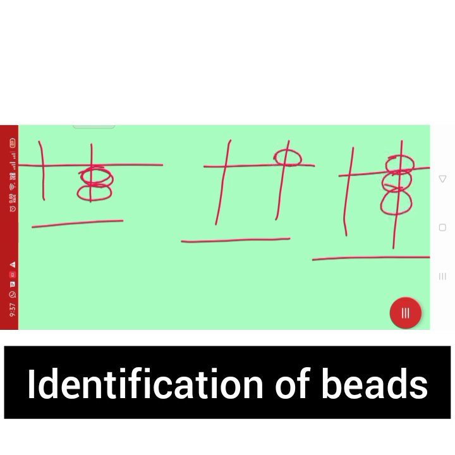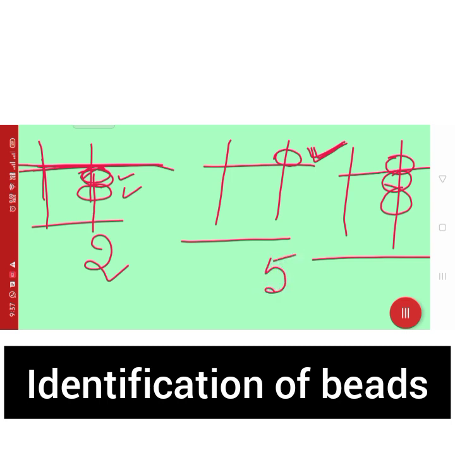Now tell me, what can you see? See lower bead, right? This is lower bead. So lower bead you can see only 2 beads are there. It is touching this line. So answer is 2. Now upper bead, only 1 bead is there. What is the value? 5. So you just write down 5.